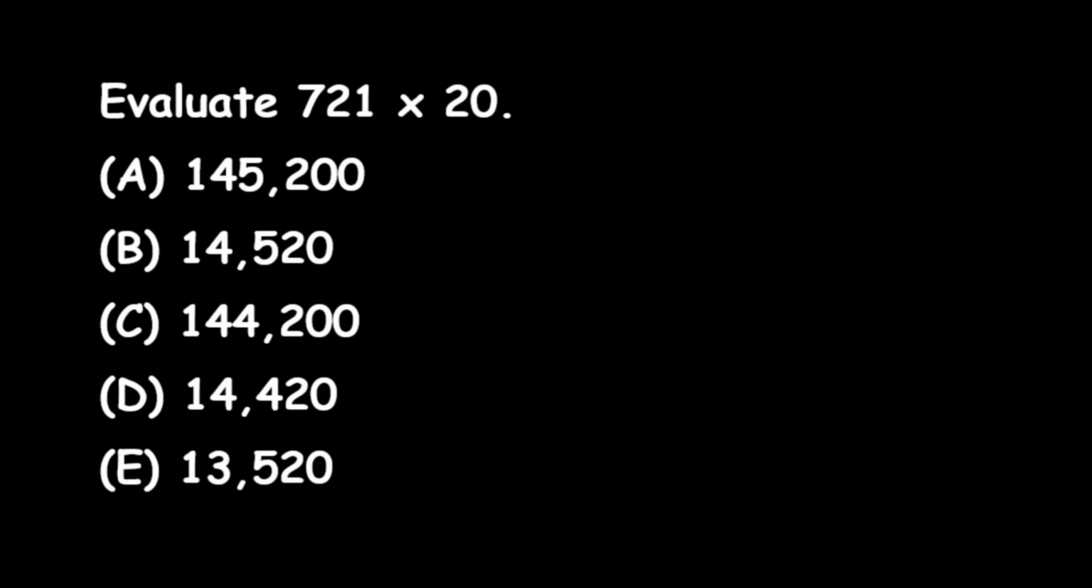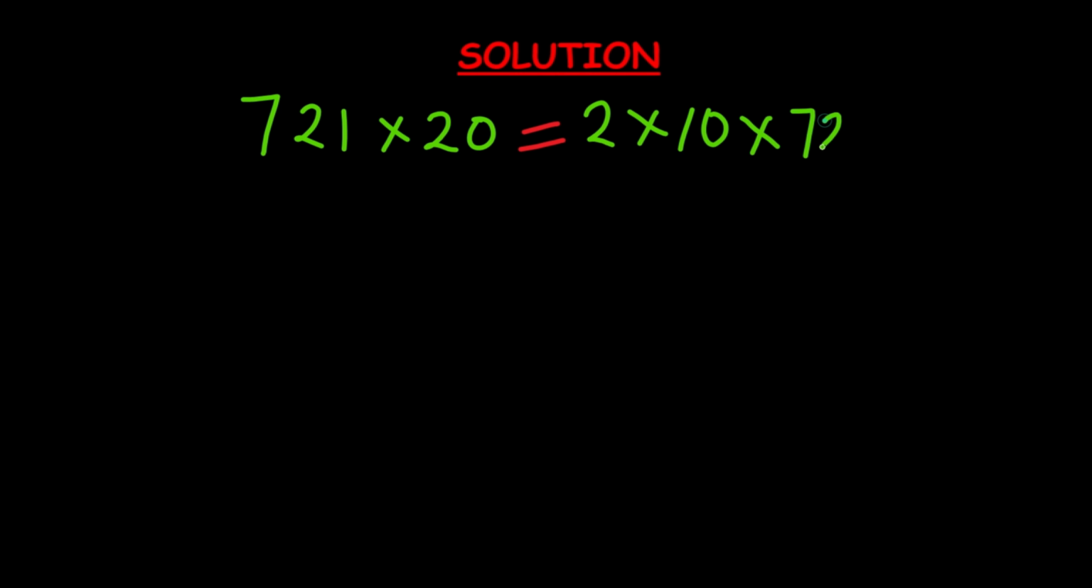Evaluate 721 times 20. Solution. To evaluate 721 times 20, we can use the standard multiplication. 721 times 20 is equal to 2 times 10 times 721, which equals 7,210 times 2. Which can be written in the form